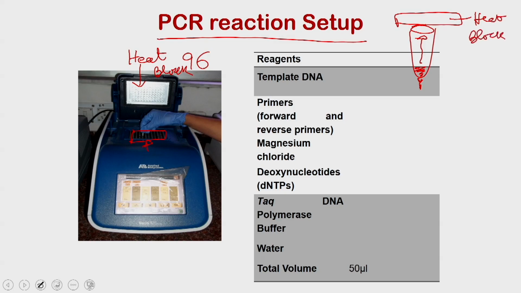Once you have the heat block, whatever the vapor is going on to the top is again coming back, and that is how you are going to have the volume at the bottom. Apart from that, you also need to provide the template DNA, the primers, the magnesium chloride, dNTPs, Taq DNA polymerase, and then you also have to provide the Taq DNA polymerase buffer